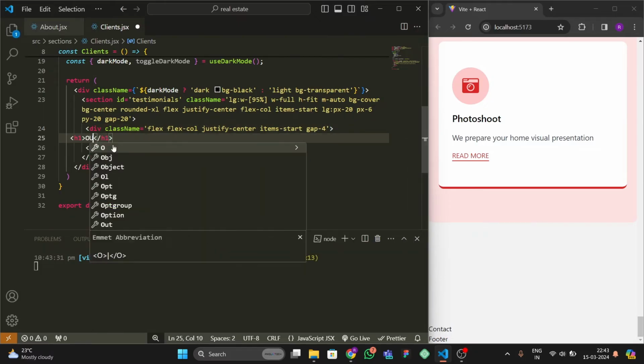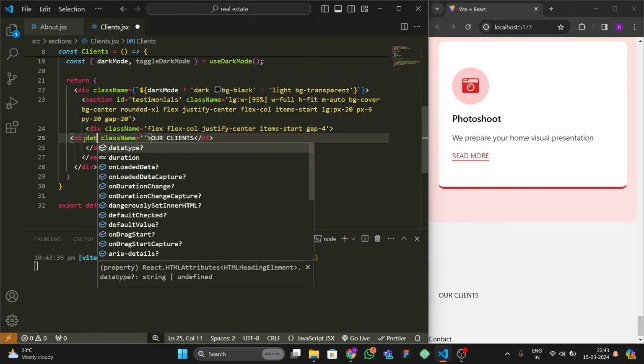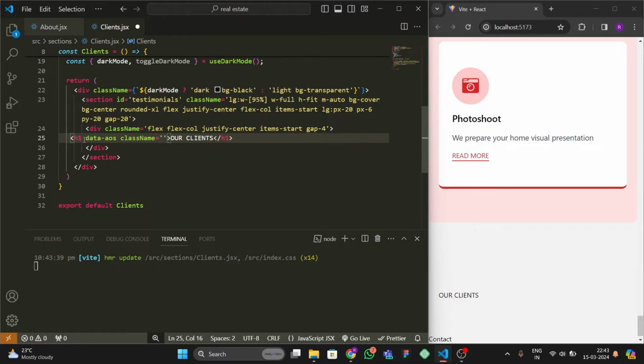And for the heading we're going to write our clients. Okay, so let me give some styling to this, and before the styling let's give some animation, data-aos zoom-in, and after that we have to give some styling. So let's go to our clients, and here we're going to give text 500,